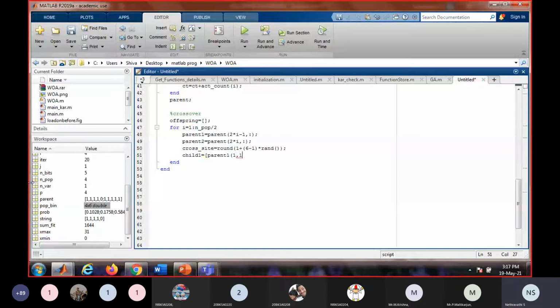And how many bits we have to select? We have to select the first bit to the crossover point bit. Okay. And parent 2 row, from the crossover point to the end.